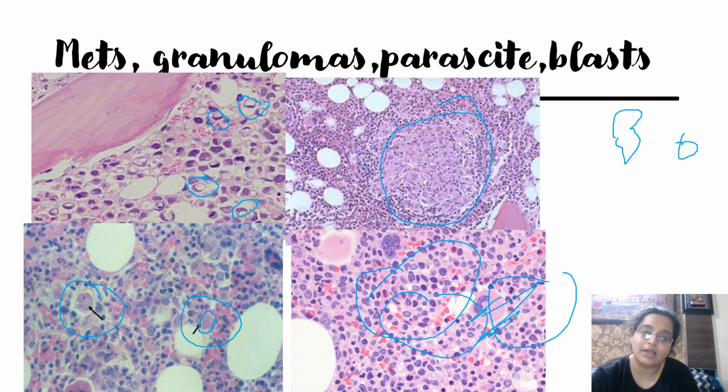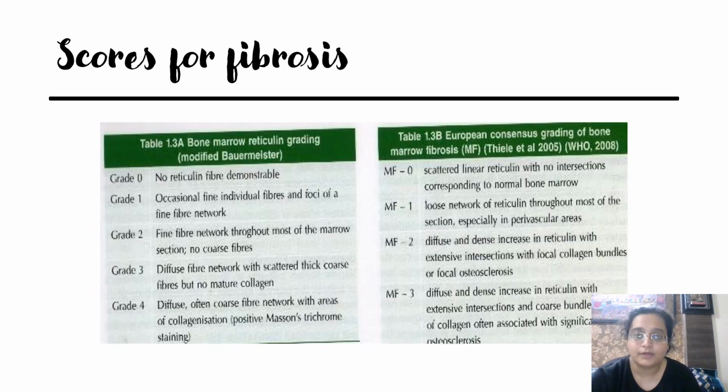dispersed, very small nuclei. So this is how you see a marrow, and then this is how we report these things. We report in a marrow. This is given in textbooks.